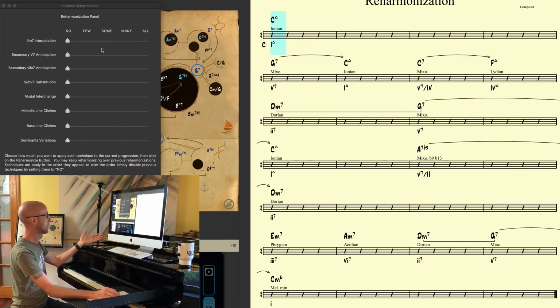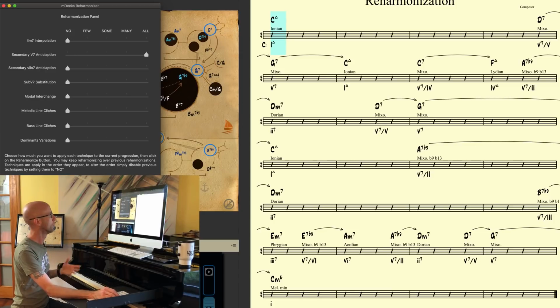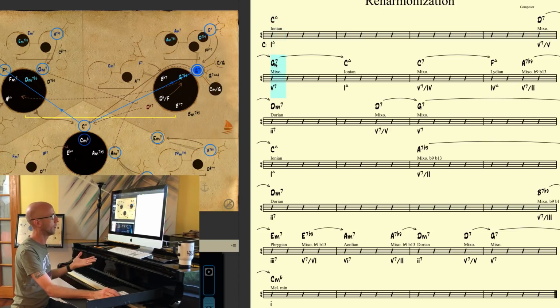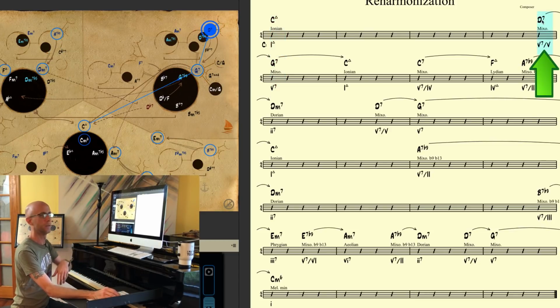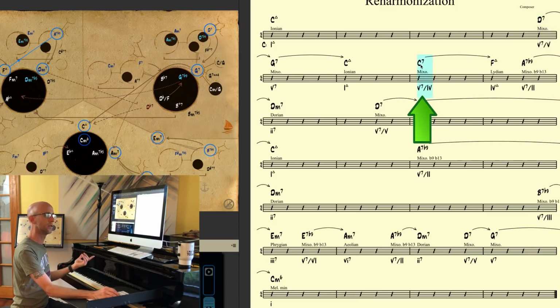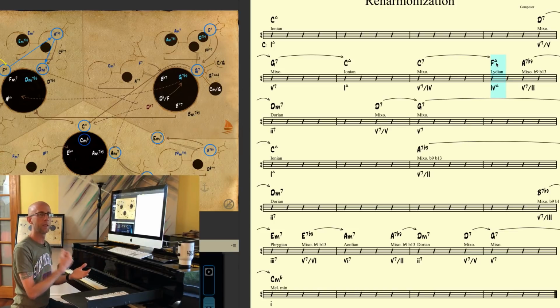Let me show you what I mean. If I just click on all, reharmonize, boom. So this G7 chord that we had here in measure 5 was now set up by its 5 chord, all right? You're not gonna see one here because that is the 5 of the chord it's going to. So it's not gonna repeat any 5/1 movement that's already in the progression, and it won't apply it to secondary functions either. So we're just talking about inserting them on primary chords and not doubling any 5/1 movement that's already